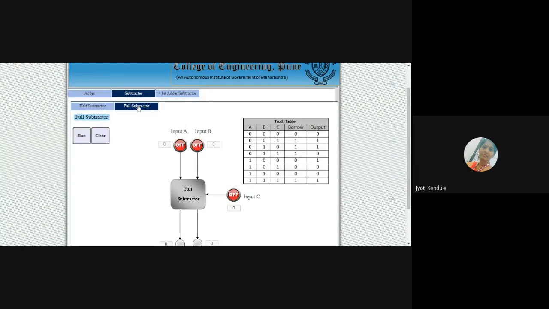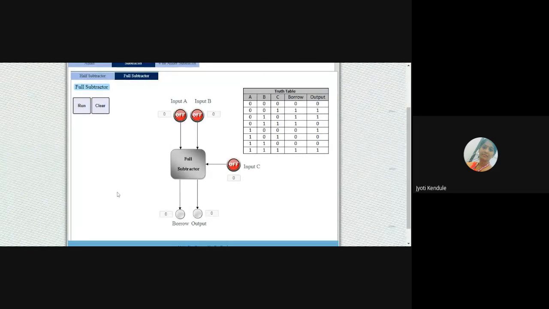In this way, the full subtractor. The full subtractor equation is A XOR with B XOR with C. Is the equation correct? The equation for the full adder is the same. What is the equation? Anyone? Difference is equal to A XOR B XOR C, and borrow is A bar B plus A bar C plus BC. BC, very correct. For the full subtractor the output, meaning the difference, is A XOR with B XOR with C. Very correct. And borrow is A bar C plus A bar B plus BC.